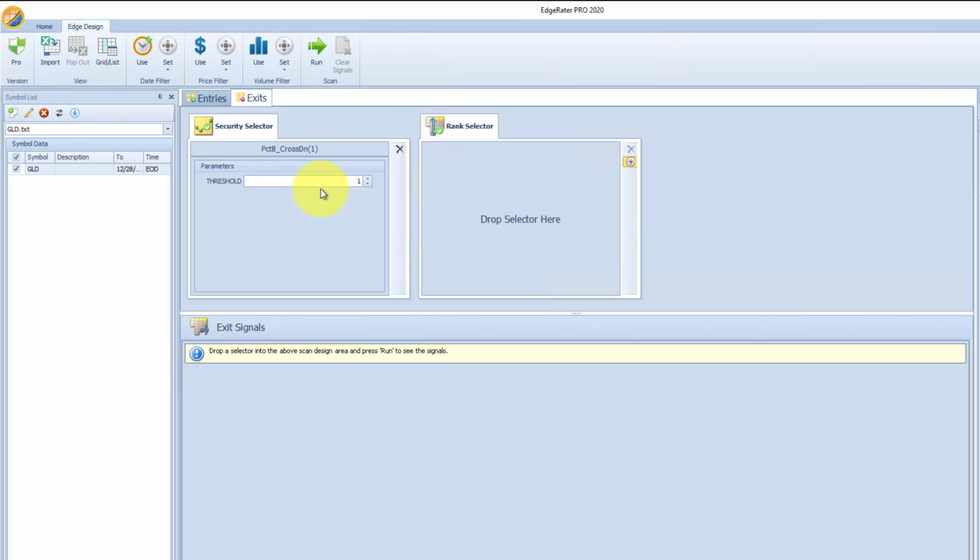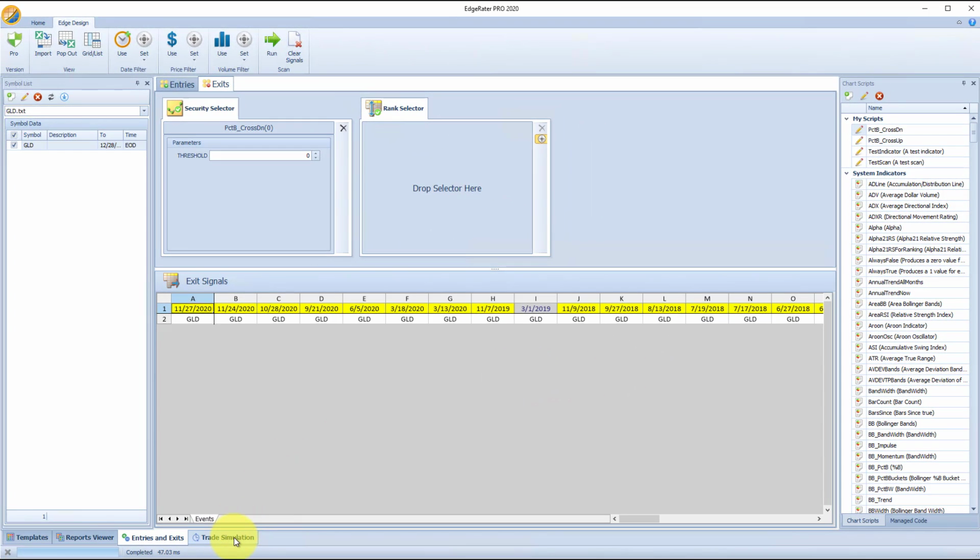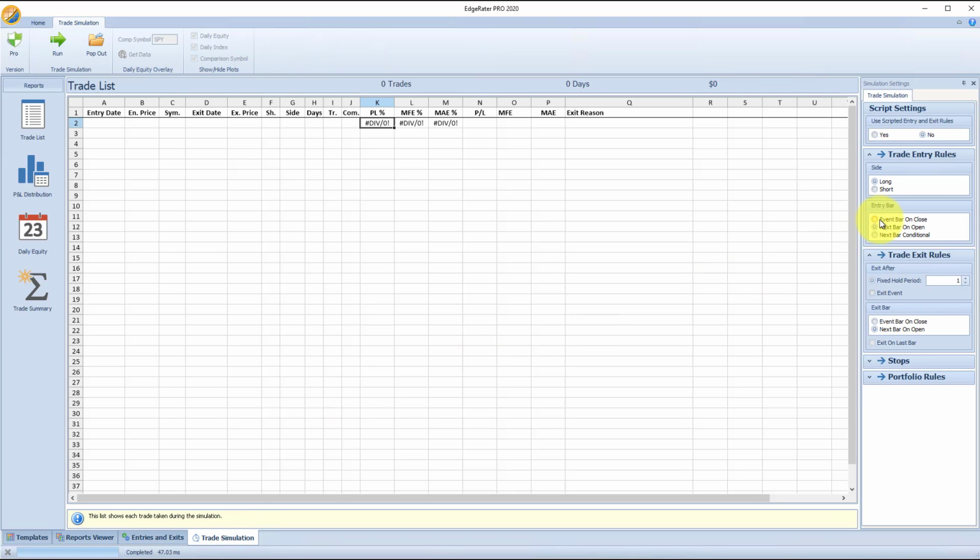We're going to experiment with some numbers here, but just to give an example, let's say %B cross down through 0, i.e. price crosses down through the lower Bollinger Band. Let's find all of those occurrences, and then head on over to the Trade Simulation tab and knit together these